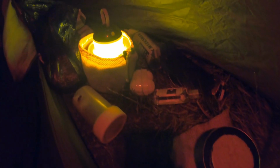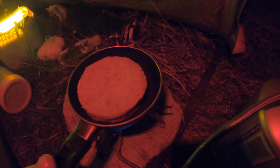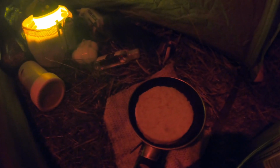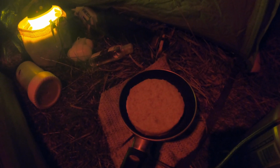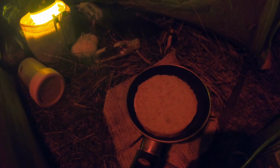So I've got the sound of fireworks going off in the background. And it's time to cook me dinner. So I've got a burger with me tonight. Just a plain and simple cheeseburger. But oh, it's just starting to sizzle now. It's still partly frozen because I took it out the freezer before I left. It's quite a few hours ago, so